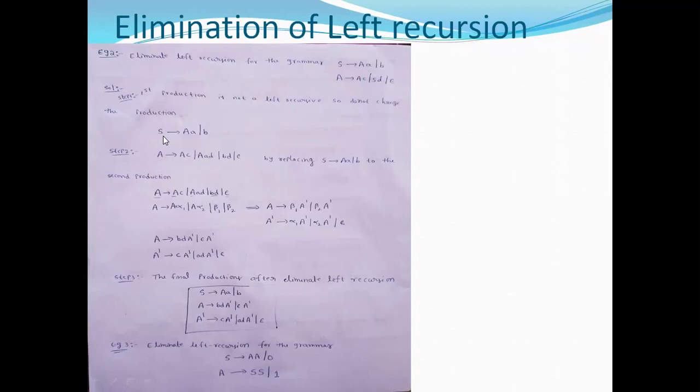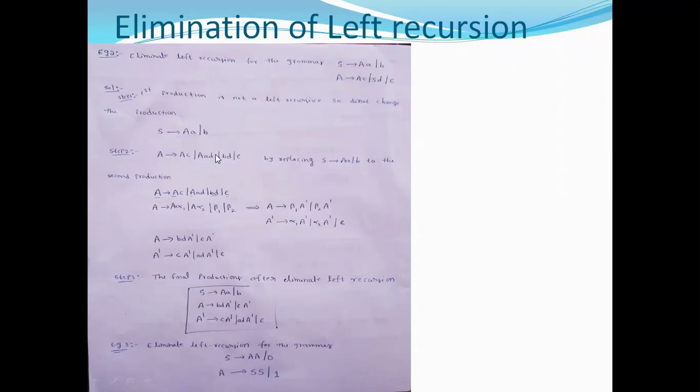So we are replacing S in the second production, that is S d. We are replacing S with capital A, small a, so that production becomes capital A, small a, and d. And B is the next production. So B is replaced with S, so S d, and epsilon. So we are replacing S with capital A, small a, or B, and the production becomes like this. So the production is here.